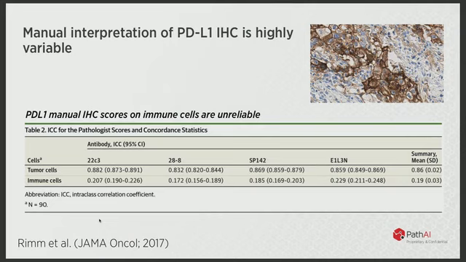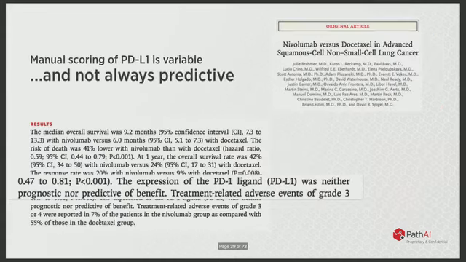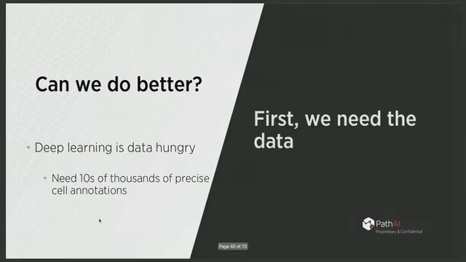It turns out pathologists are pretty bad at scoring this, not surprisingly, because it's very difficult and there are potentially millions of cells per case. They show an inter-observer agreement of only 0.86 for scoring it on tumor cells, which isn't bad, but 0.2 for scoring it on immune cells, which is super important. So this is a drug target we're trying to measure to see which patients might get this life-saving therapy, but the diagnostic we have is super hard to interpret. Some studies for this reason have shown mixed results about how valuable it is. In some cases it appears valuable, in other cases it appears it's not.